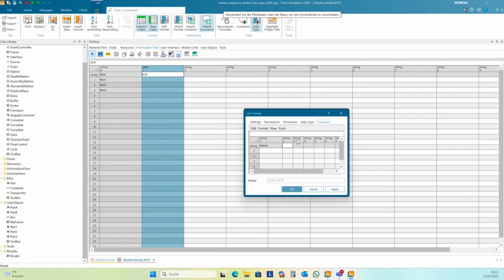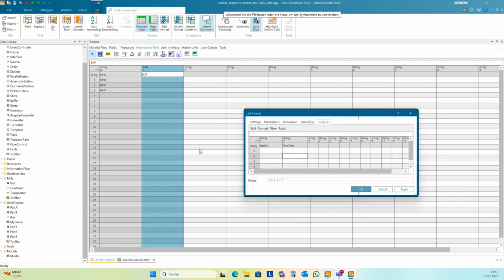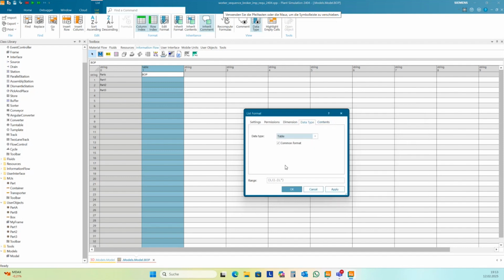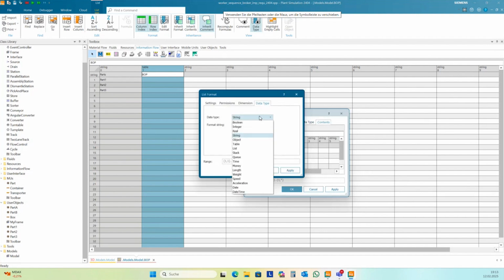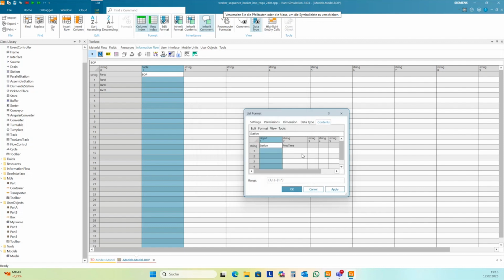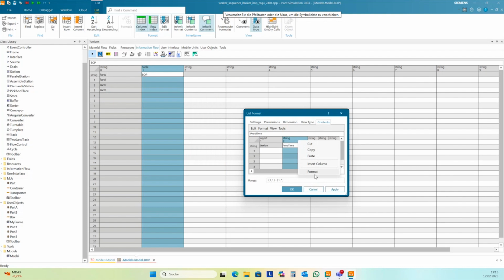The second, I want to have the proc time. Oh, station needs to be object, and proc time is time format.